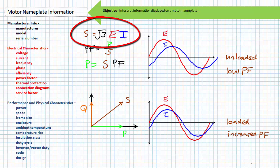Speaking of power, why have I not included the nameplate power in the electrical characteristics group? You'll soon know the answer. Anticipation, as they say, is part of showmanship. Phase and frequency obviously refer to the type of AC, single-phase AC or three-phase AC, and